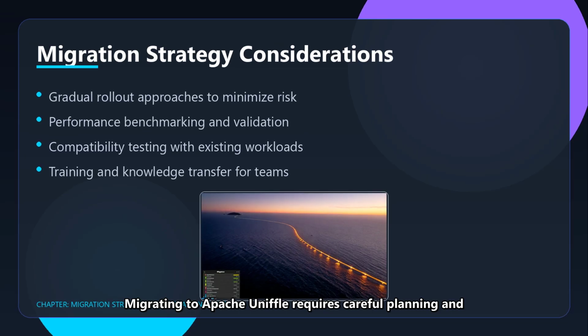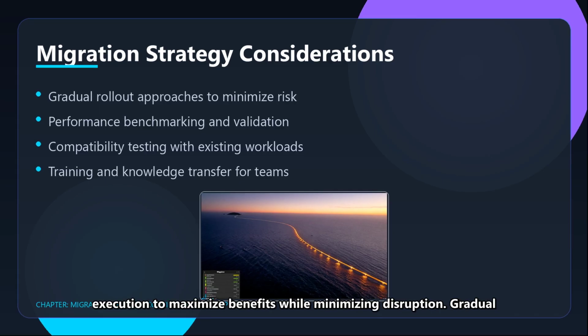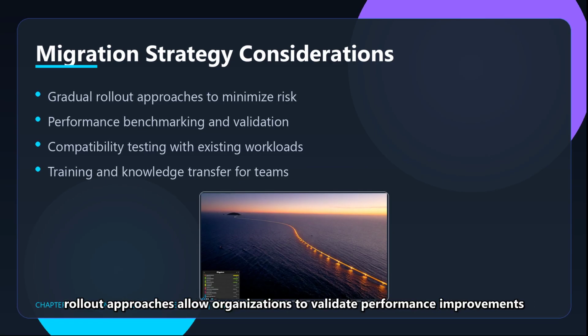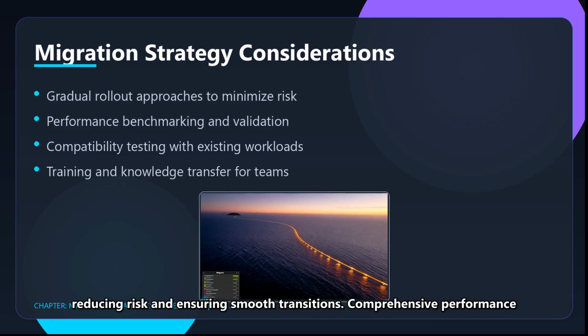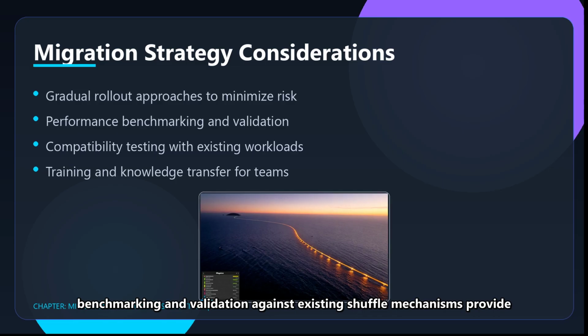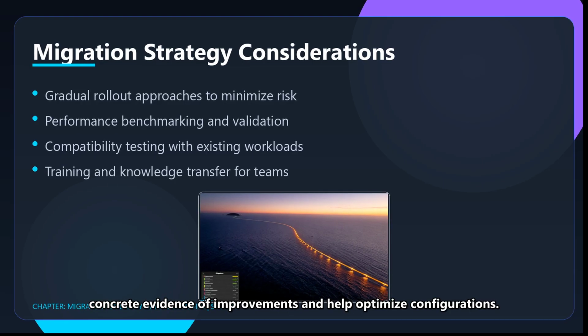Migrating to Apache Uniffle requires careful planning and execution to maximize benefits while minimizing disruption. Gradual rollout approaches allow organizations to validate performance improvements and identify any integration issues before full deployment, reducing risk and ensuring smooth transitions. Comprehensive performance benchmarking and validation against existing shuffle mechanisms provide concrete evidence of improvements and help optimize